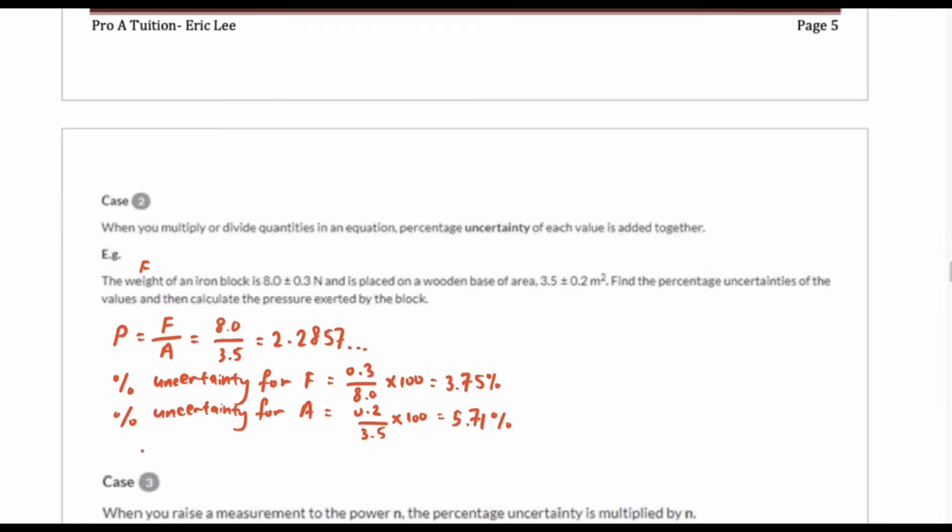Okay, so we have to add up. So the percentage uncertainty for pressure is 3.75% plus 5.71%. Okay, we add up the percentage. So we get 9.46%. 9.46%. Okay, so after that, we need to know that